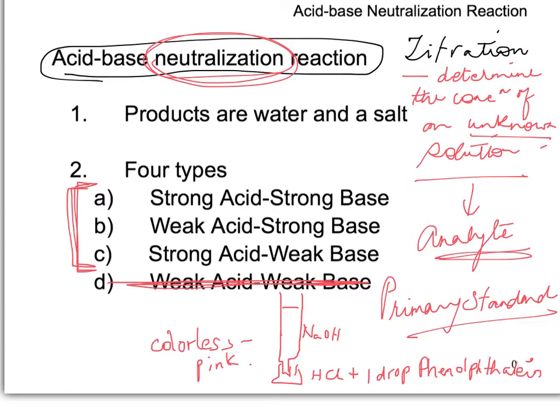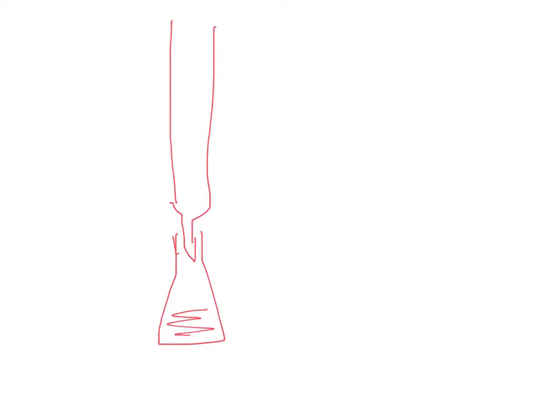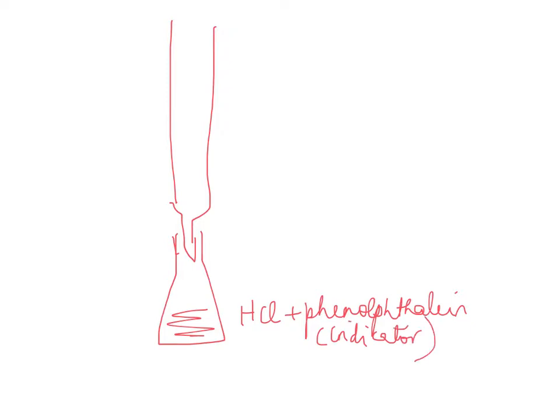Anyway, let's go further. So I want to discuss how we carry out a titration, and like I said, basically we are seeking the end point. This is my burette. It's going in. This is a regular titration currently. It's going in HCl and phenolphthalein. Phenolphthalein is my indicator. It's going to tell me when the sodium hydroxide that's being delivered